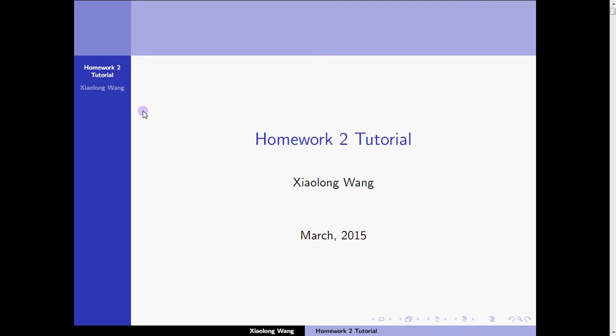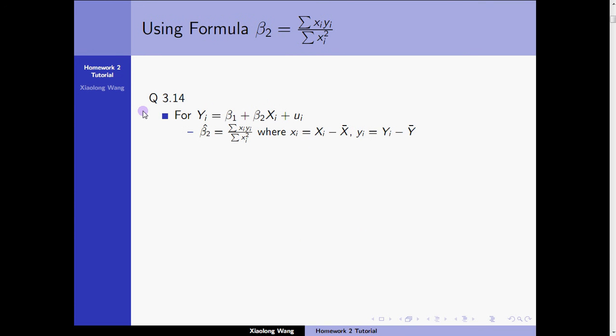This is the first section of our Homework 2 tutorial. In this section, we are going to talk about two problems related to using the formula here to calculate the coefficient. So for a normal regression function, yi equals beta 1 plus beta 2 times xi plus ui,